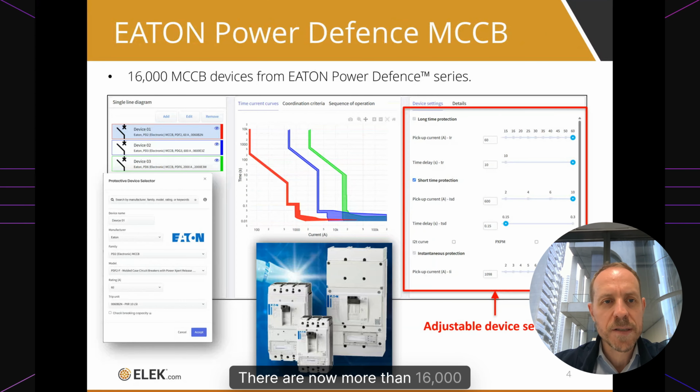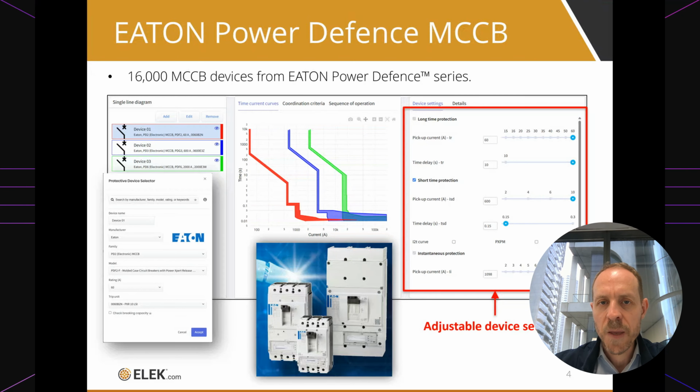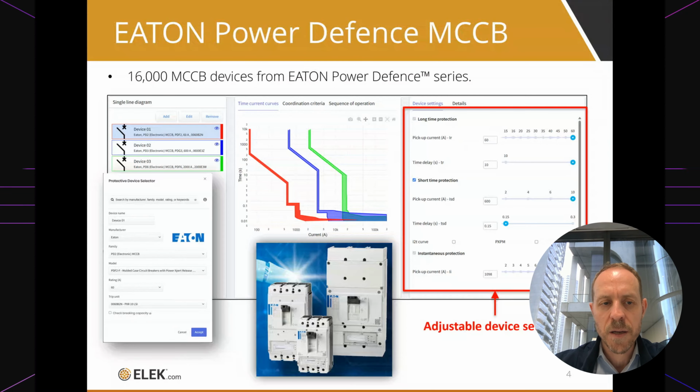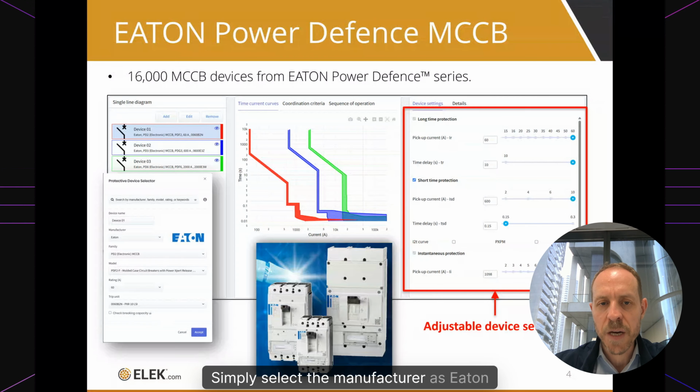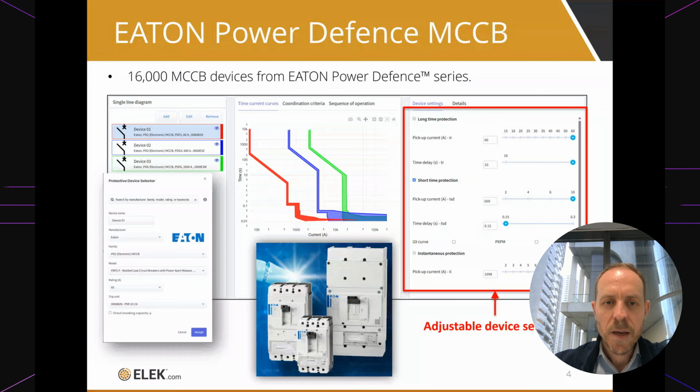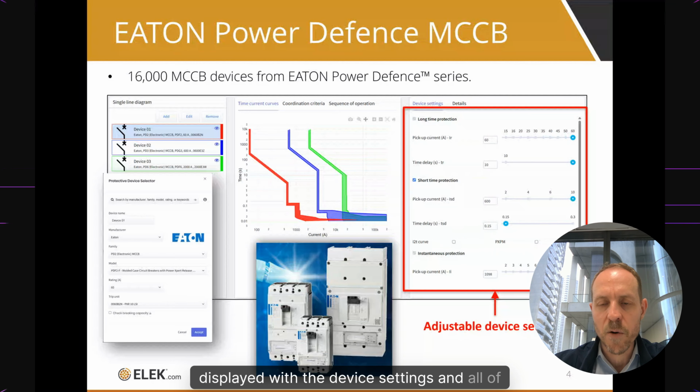There are now more than 16,000 Eaton MCCB devices from the Power Defence series. You can access these devices from Protection Coordination Calculator or the Low Voltage Network Design Calculator. Simply select the manufacturer as Eaton and you'll be able to select all of these MCCB devices. And once you do, you'll be displayed with the device settings, and all of those device settings are fully adjustable